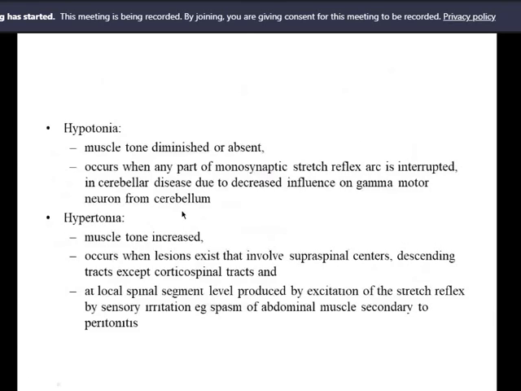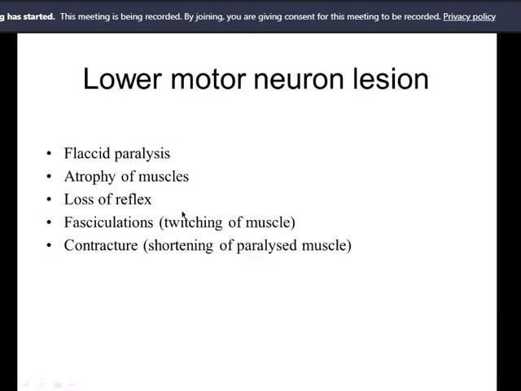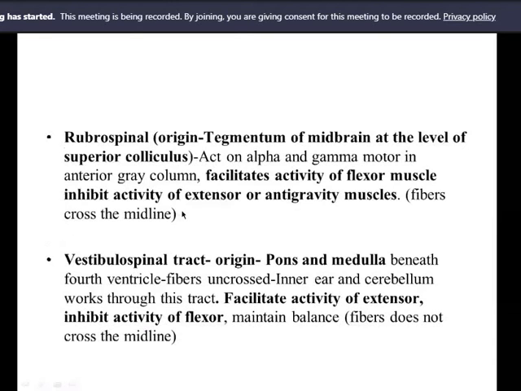In that way you can remember. So rubrospinal is for forward bending, reticulospinal is for both, for forward bending and for backward bending. Tectospinal is for reflexes which originate from visual stimuli, from the tectum, from the midbrain, right?